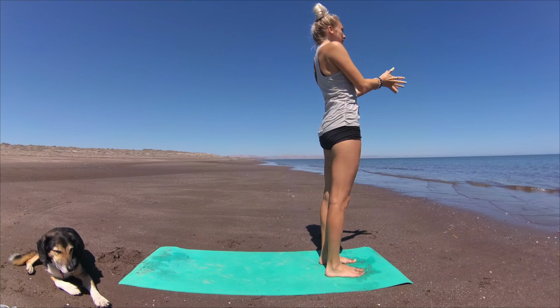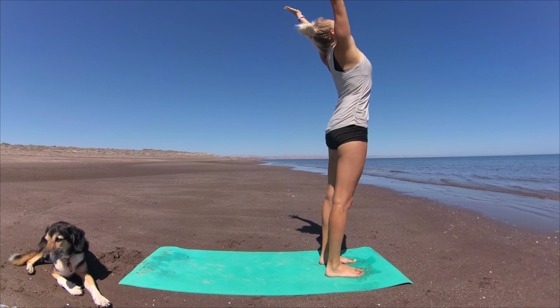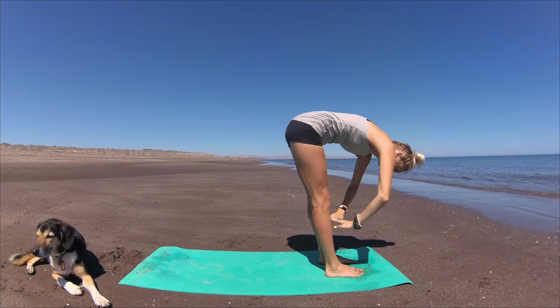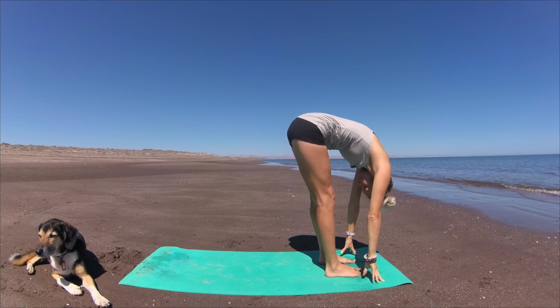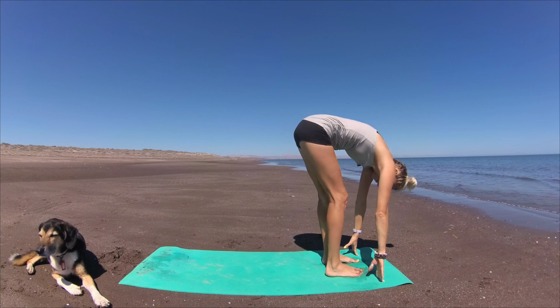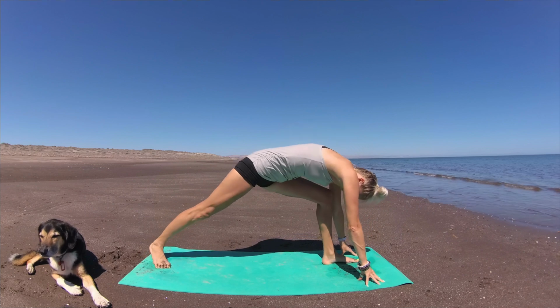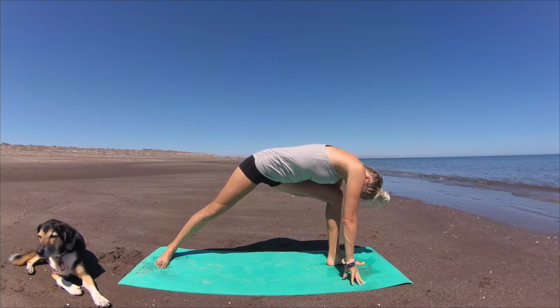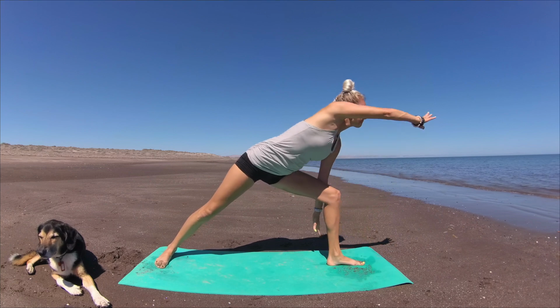Inhalation this time, circle fingertips up. Palms kiss and dive it down through center, forward fold. Hands frame foot. We'll step your right foot back. Lower your back heel to the mat so it runs parallel with the short edge, and then glance down, ensure that your front heel bisects your back arch, and then we'll fan your arms up, coming into warrior two